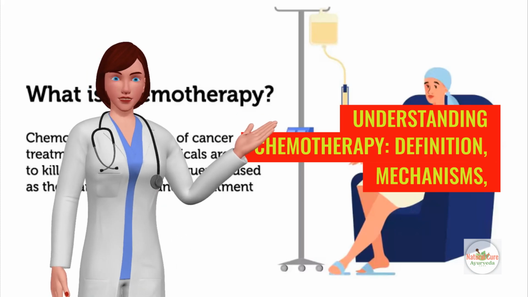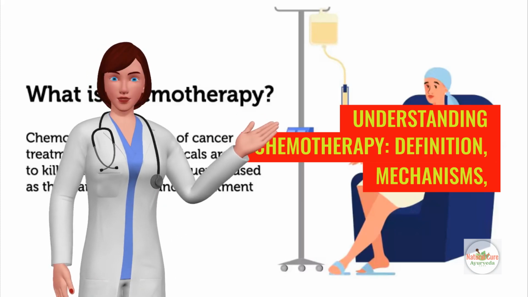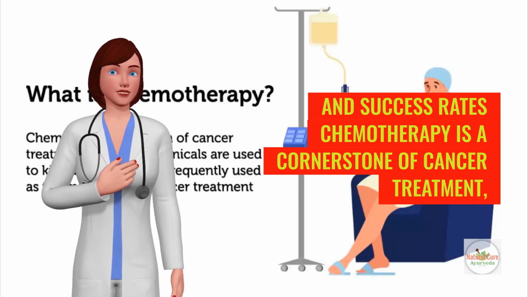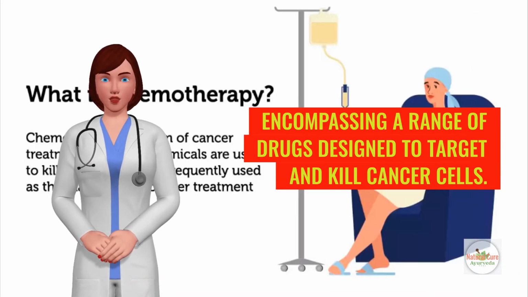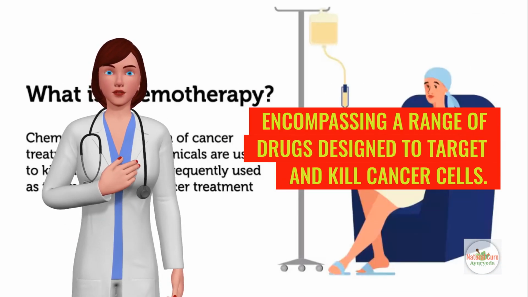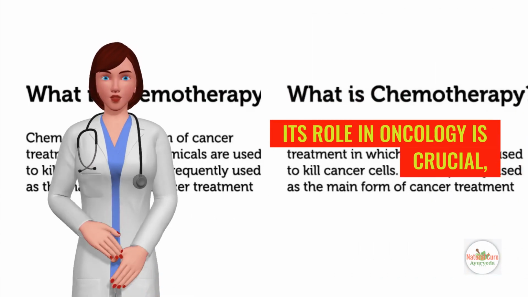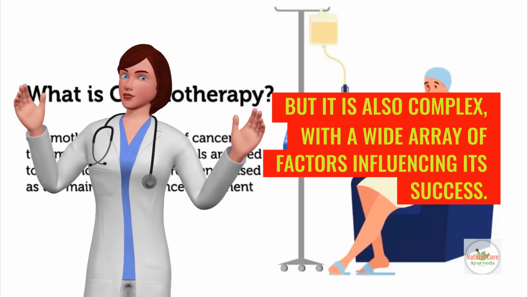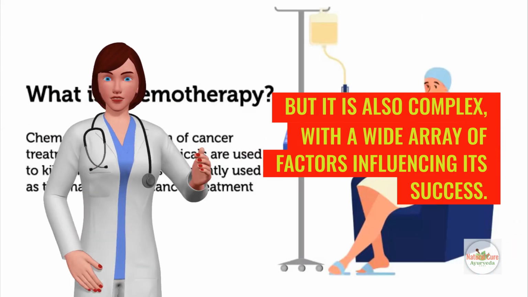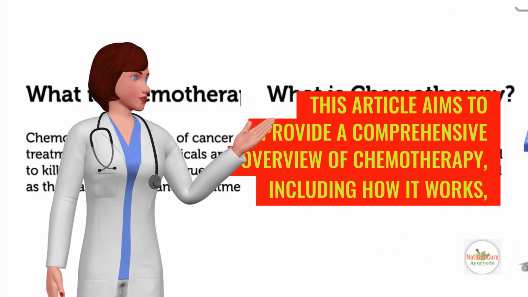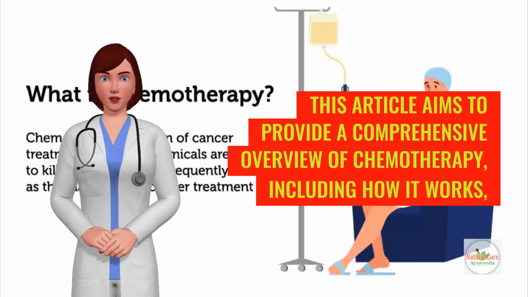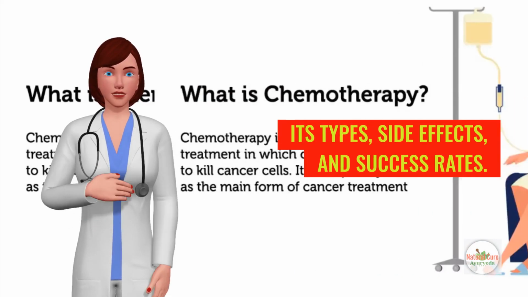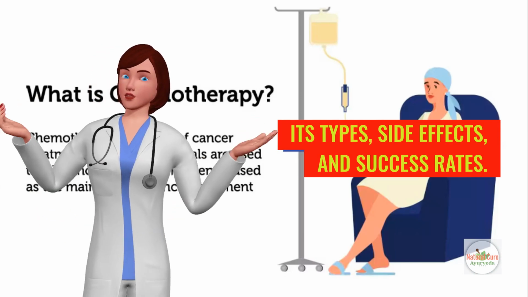Understanding chemotherapy, definition, mechanisms, and success rates. Chemotherapy is a cornerstone of cancer treatment, encompassing a range of drugs designed to target and kill cancer cells. Its role in oncology is crucial, but it is also complex, with a wide array of factors influencing its success. This article aims to provide a comprehensive overview of chemotherapy, including how it works, its types, side effects, and success